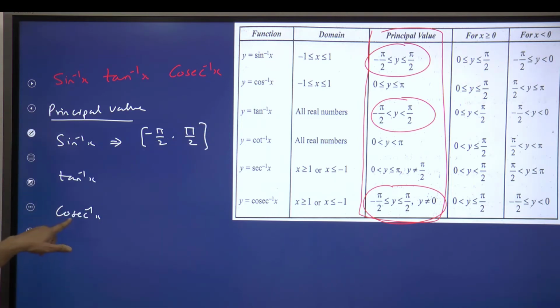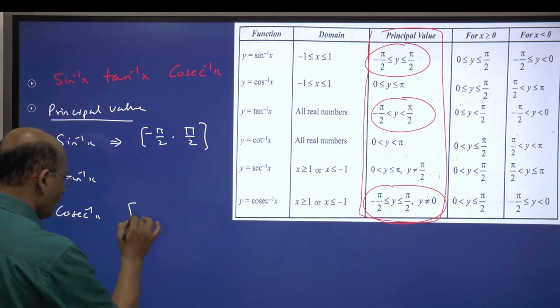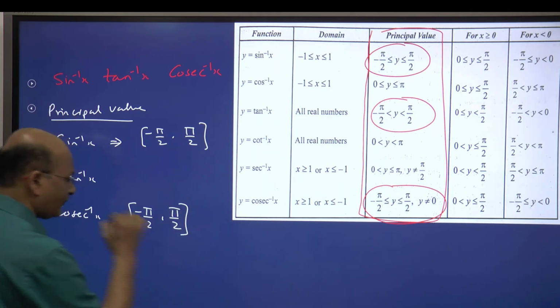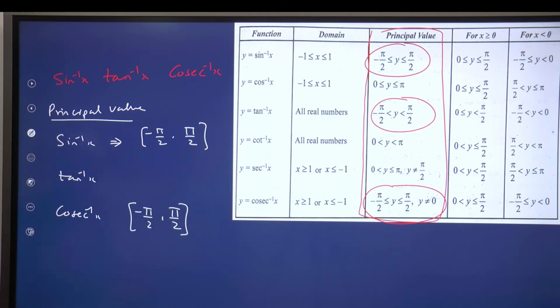Second case, let us take cosec inverse x. Cosec inverse x is the same thing, minus pi by 2 to pi by 2, but there is a hiccup here. What is the hiccup? I will tell you. Cosec inverse x is what? It is the reverse of cosec. So suppose I say cosec inverse x is theta,